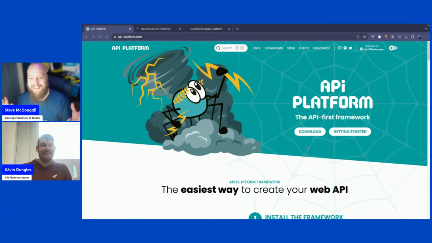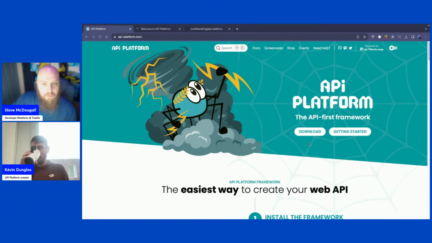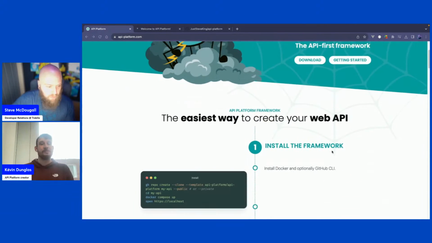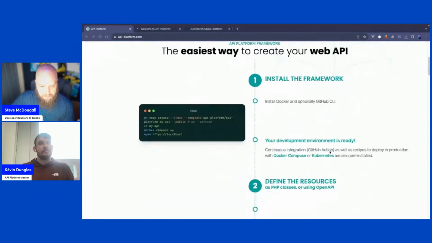Yeah, I'm sure we'll get there, right? So first off, API platform is more than just an API. That's the first thing I noticed. I was told, check out API platform if you build APIs, and I thought, okay, that sounds great. But it does more than that. You've got all of the Docker setup.